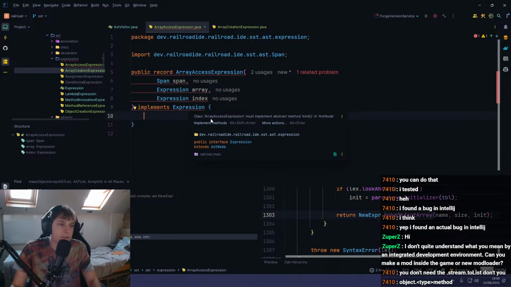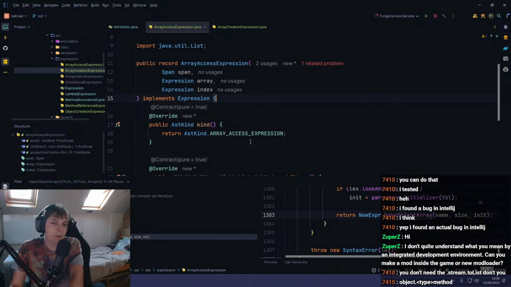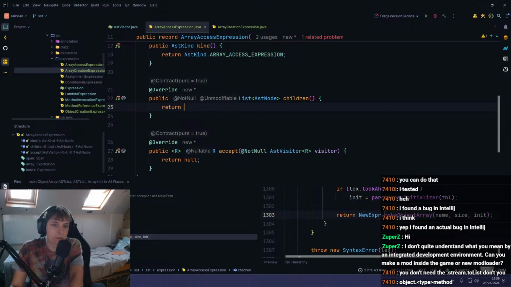He's making something nicer than IntelliJ. I don't know about that. We'll see. We'll see. I mean, it's hard to say what the future is going to hold, so